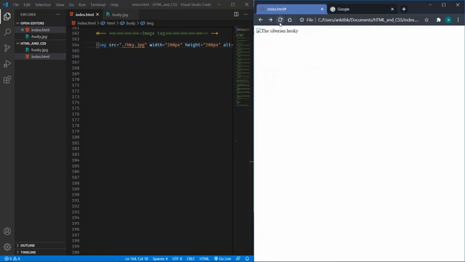When I refresh, it shows that the image has not been downloaded, or has been deleted, or is not found. As an alternative I am adding an alternate text, that is Siberian Husky. So as a user I know that the image is not downloaded, but from the text I can understand that this is actually a Siberian Husky image.